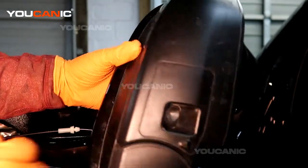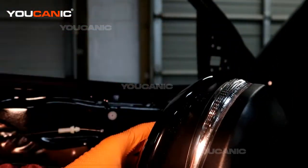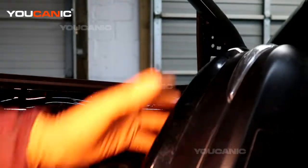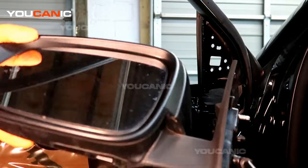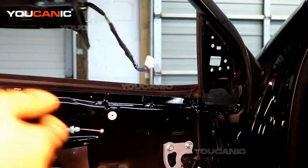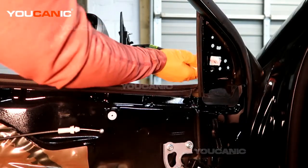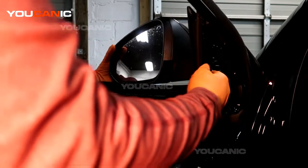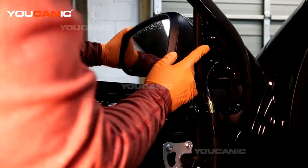This is an LED light right there, and then we got more LED here. But if this thing is broken in one shape and you need to replace it, that's how you remove it. So when you got a new one, you repeat the process, or go backwards, put it back on, line up the bolts, and then